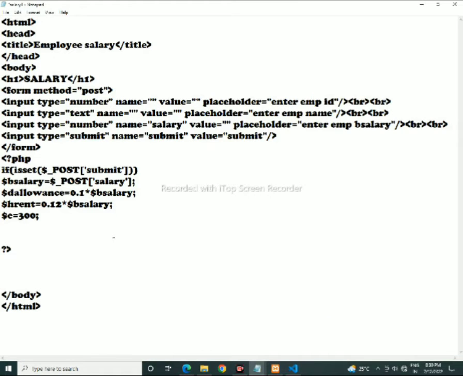After gross salary we need net salary. So for net salary we need 12% PF. So for that we will write $pf equals to 12% into b salary. So 12% b salary, semicolon. Now next what we needed,